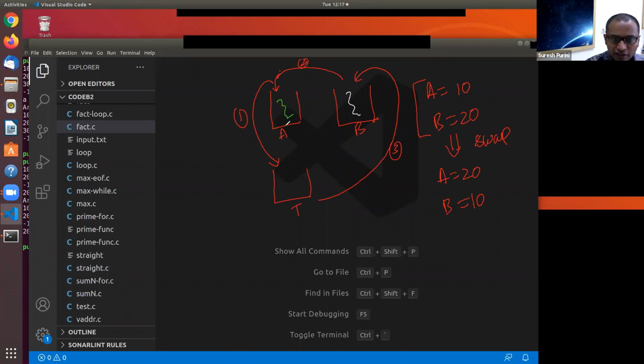Here, this transferring step one is equivalent to saying T is equal to A. The contents of variable A, you assign to a temporary variable.